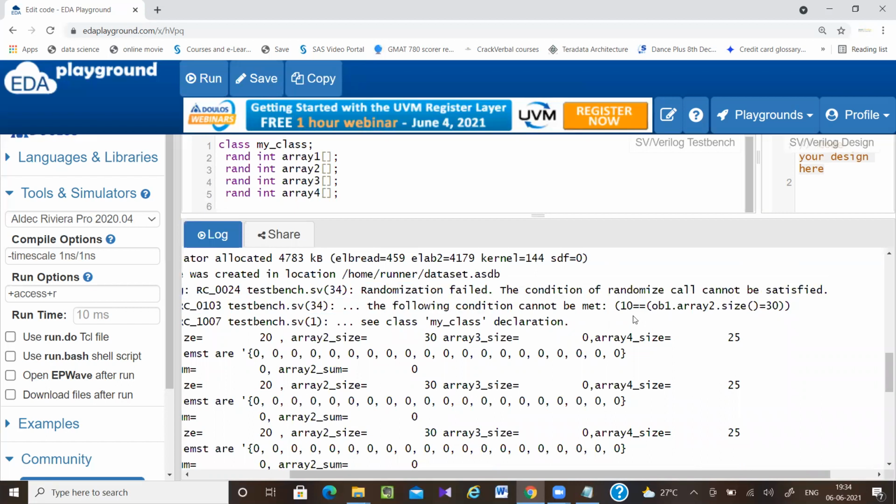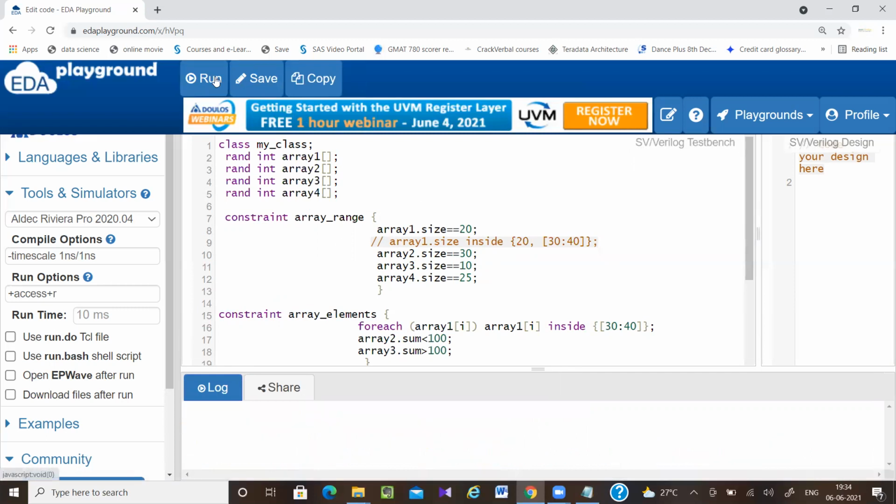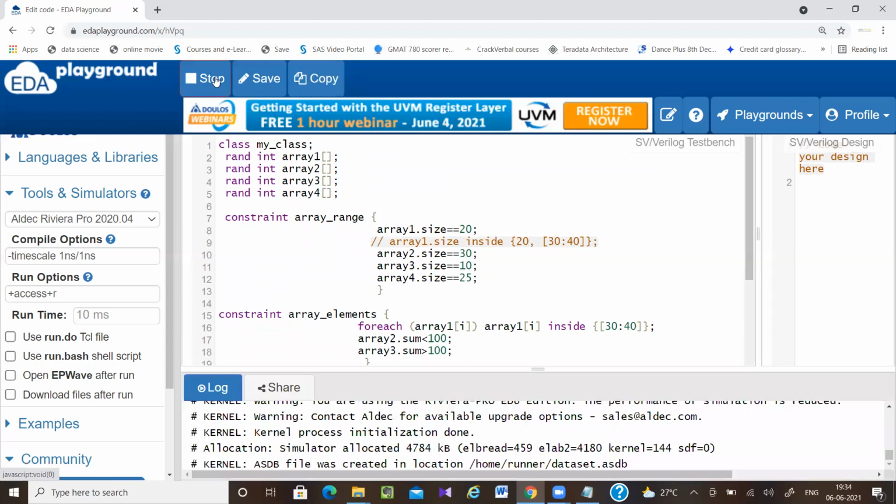The condition is clearly written, so why is it happening? Here I have written array 2 size two times. It is not possible that its size will be 30 and again 10. So that's why there is one randomization failure. Whenever the solver is unable to solve the conditions, constraint failure will happen and randomization failure will also happen.